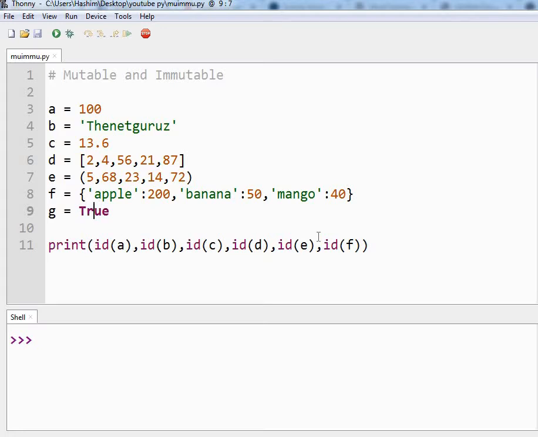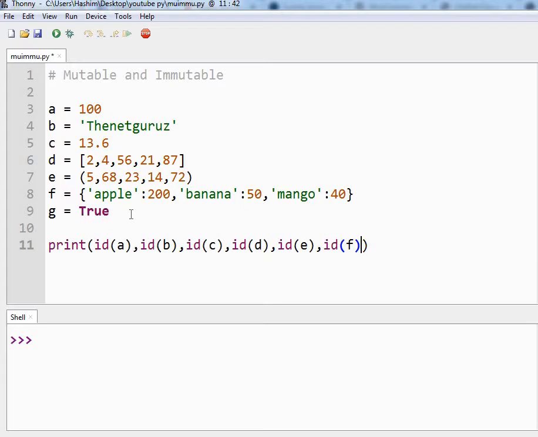So what is the next thing we are doing in this program? We are printing the ID, that is the identification. Whenever you create any variable in your program, Python assigns it an identification value, which you can find by using the id function. For this variable a, we can use print with id(a) to know the identification value of a. Similarly for b, we have id(b), id(c) and so on. In this print statement I have printed the identification values for each and every variable that I am using.